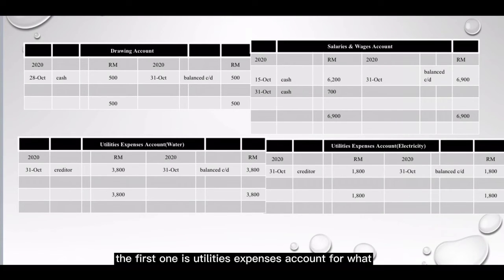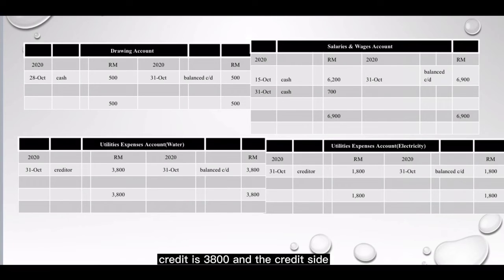The next date is 31st October 2020. The first one is utilities expenses account for water. For the debit side 31st October creditors 3,800, and the credit side 31st October balance CD 3,800. The next one is utilities expenses account for electricity. The debit side 31st October creditor 1,800, and the credit side 31st October balance CD